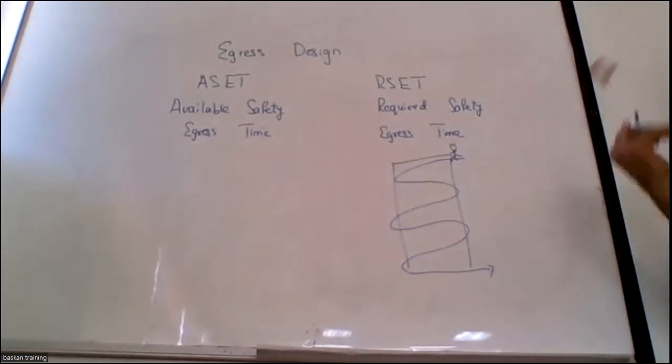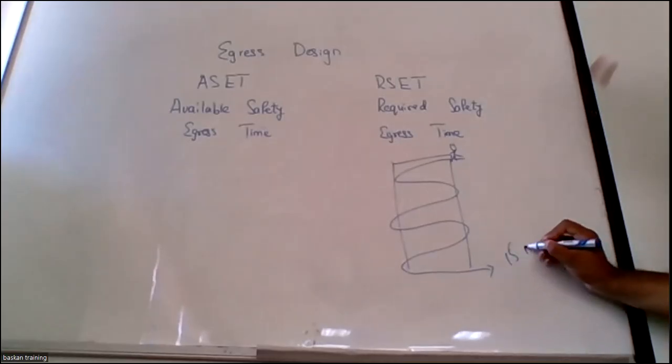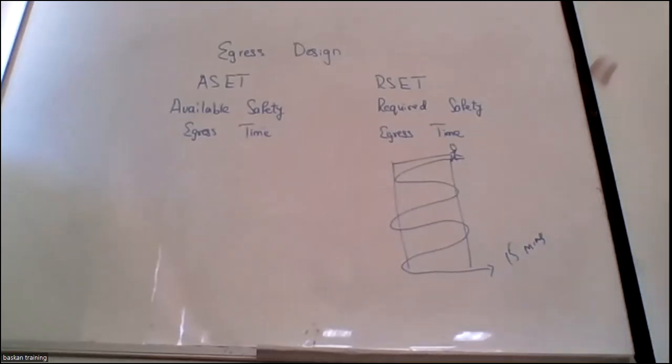Okay, when he comes out of the occupancy, it is 15 minutes. Let's say in 15 minutes he evacuated from the occupancy. Okay, this is the exact time that is required by the person to evacuate. But the time I want to make available for him, how much? It will always be more, right?